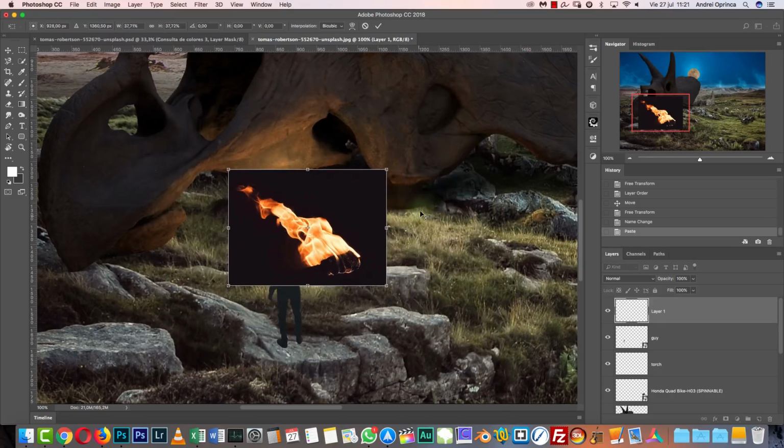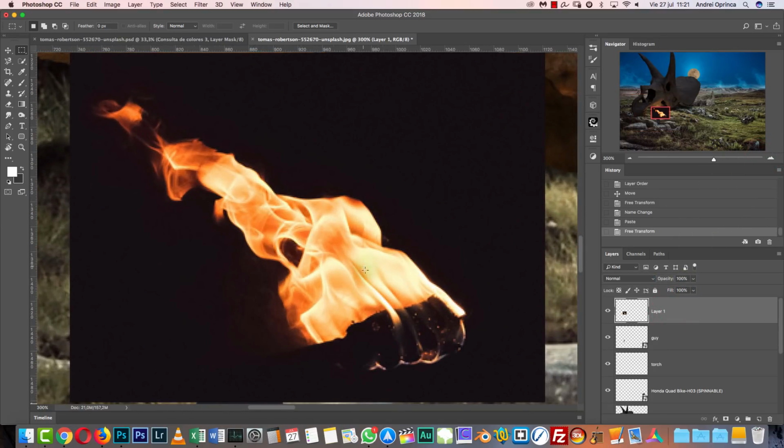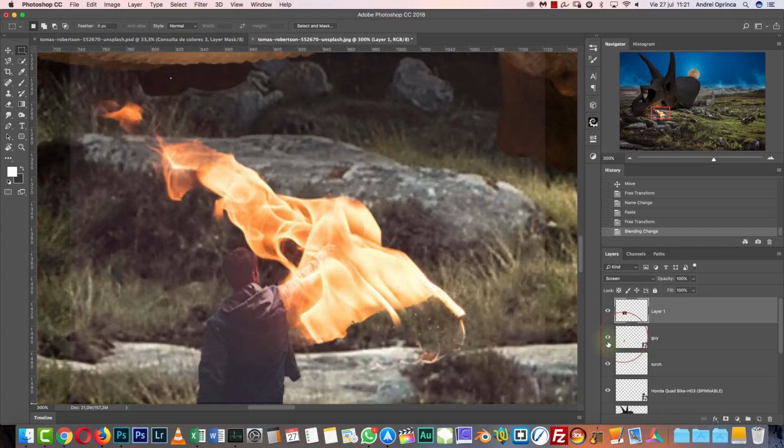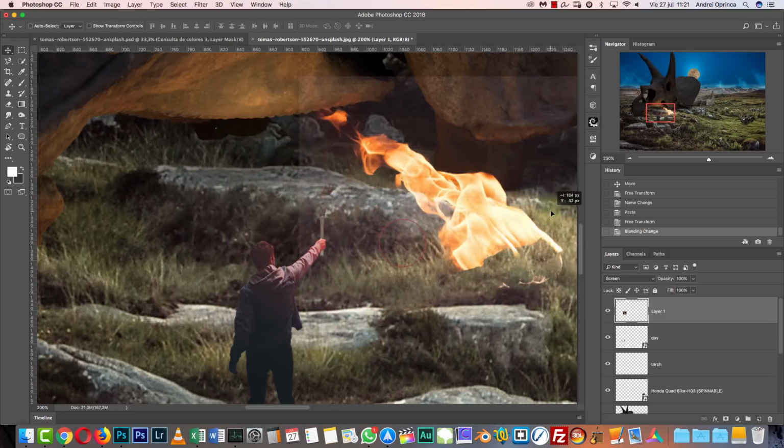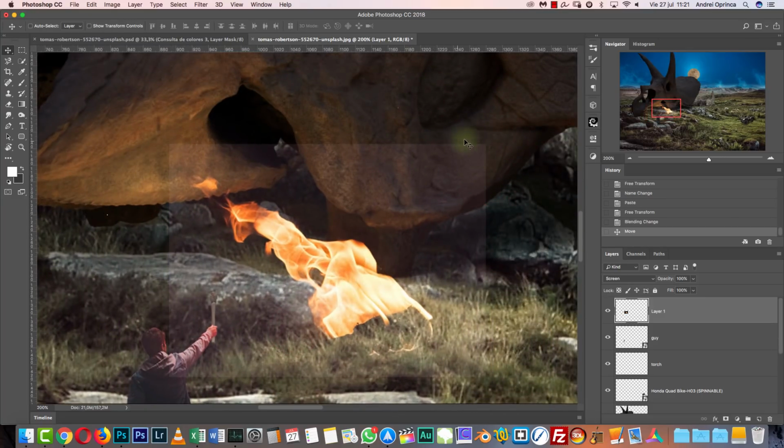And I have to make it smaller. Now, before I make it even smaller, I'm gonna change the blend mode to screen. I don't need this black background, I just need the fire. And luckily, we have the screen blend mode, which gets rid of all of that except the black background. You can see that it's not completely gone, the background. You can see these edges here, and that's because it's not completely